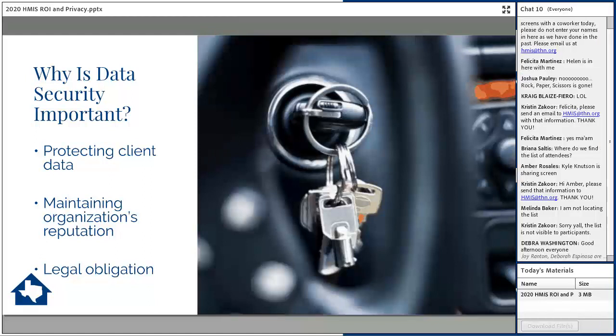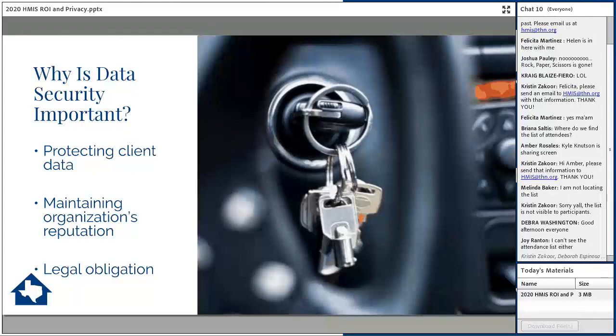That's the attitude that we should have regarding the protection of our digital valuables as well as our physical ones. So we should be concerned with protecting our clients' sensitive data, maintaining our agency's reputation, which might play into maintaining our agency's funding. And not only is data security good practice from a business perspective, but it's also often a legal requirement.